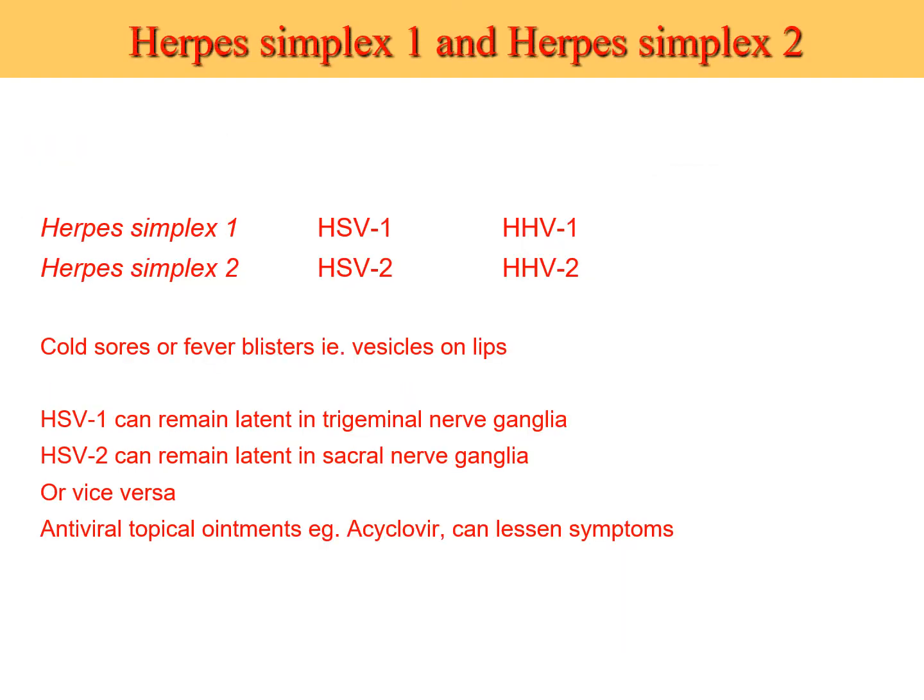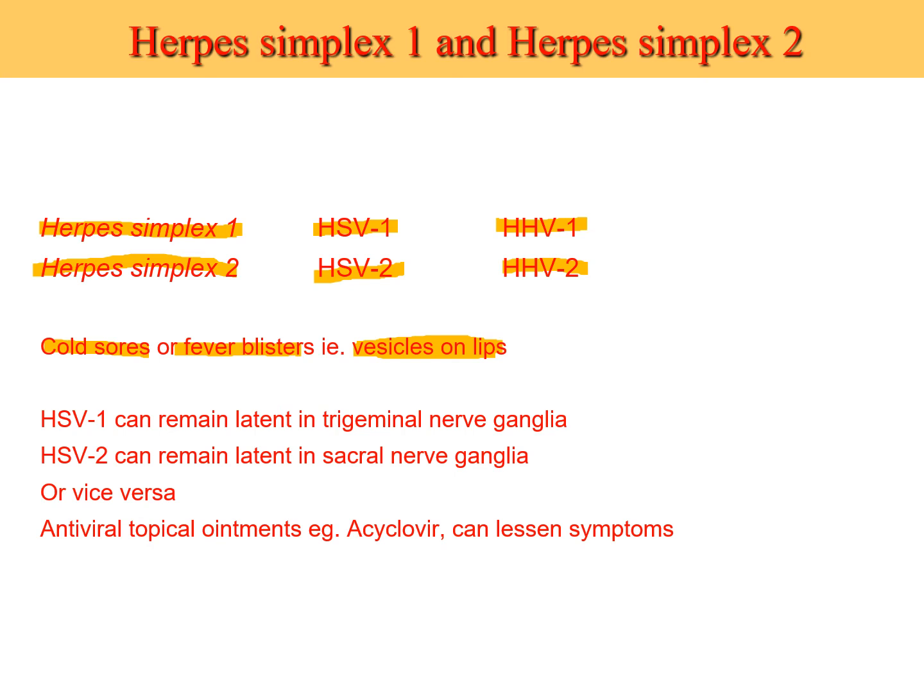Okay, let's talk about another kind of herpes virus infection. These are the older names but still used, herpes simplex 1 and herpes simplex 2, also called HSV1 and HSV2, or better, more recently called human herpes virus 1, HHV1 and HHV2. These are the viral infections that cause cold sores, sometimes called fever blisters. These are vesicles on the lips, and it's